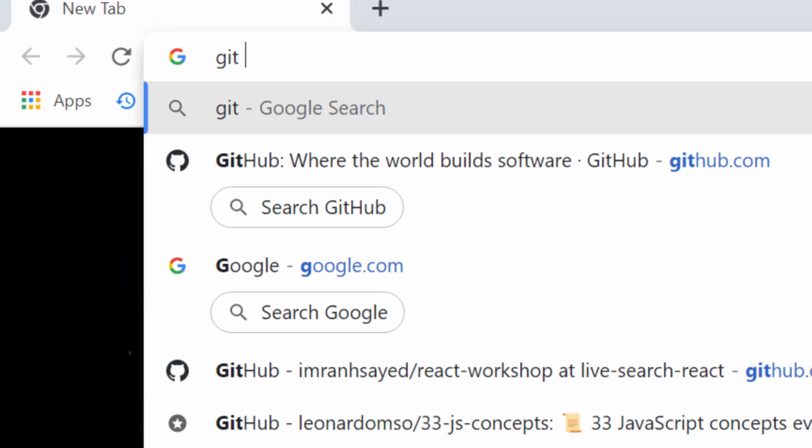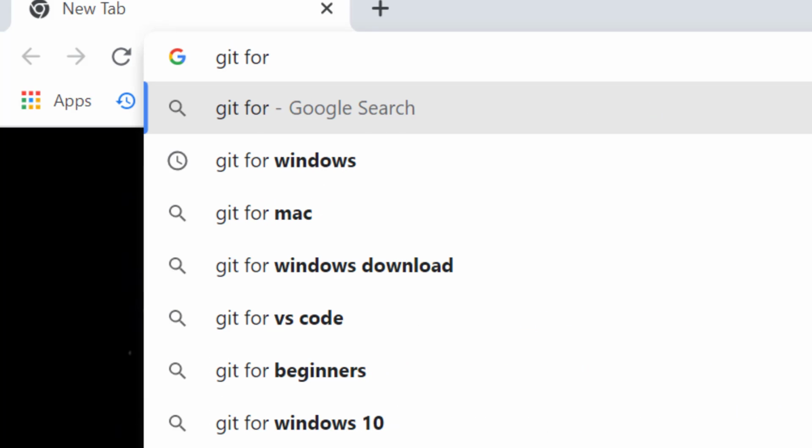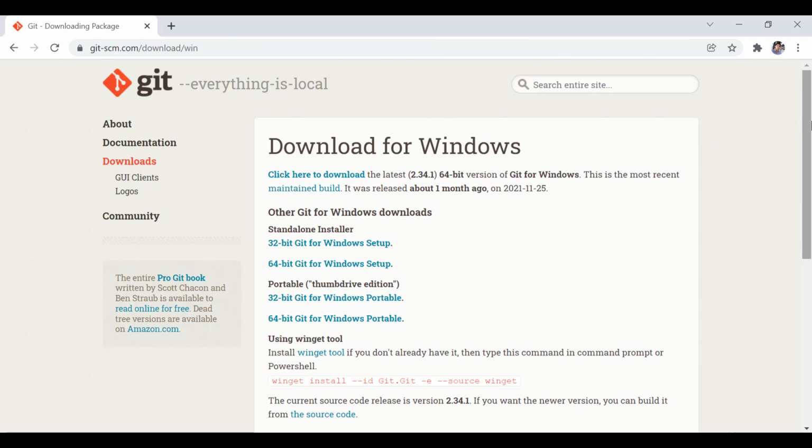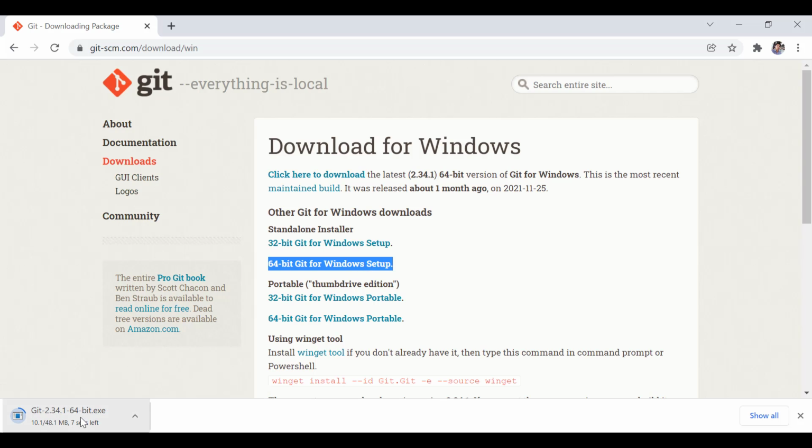So for that, you have to write Git for Windows if you are using Windows operating system, and then click on download. And from here, you can download whether it is 32-bit or 64-bit. Here you can download the 64-bit version. Just click on it, and then it will start downloading.